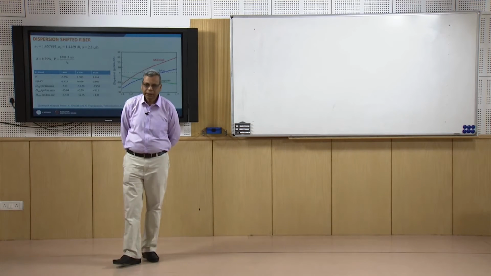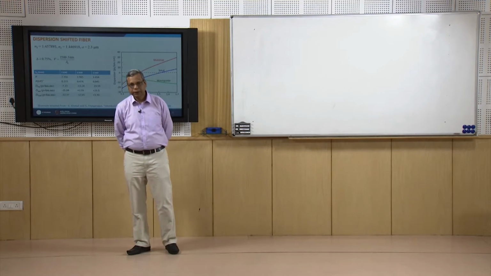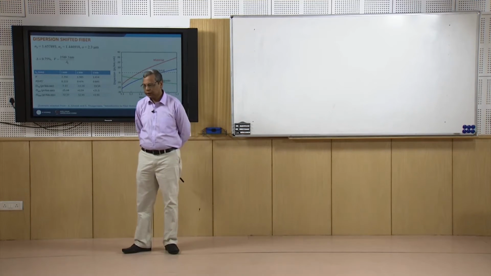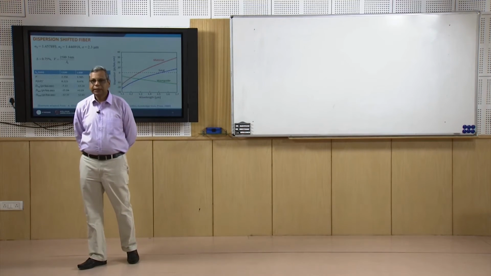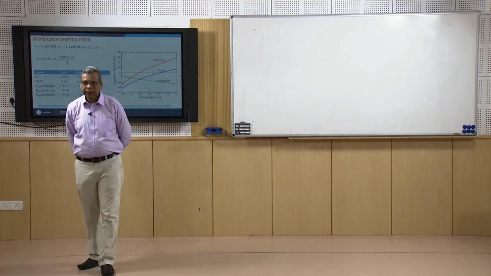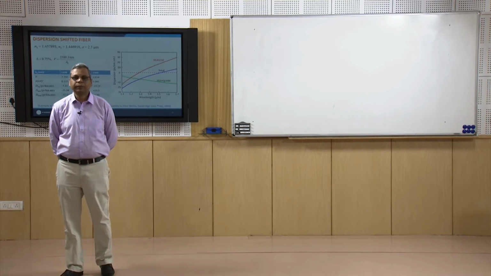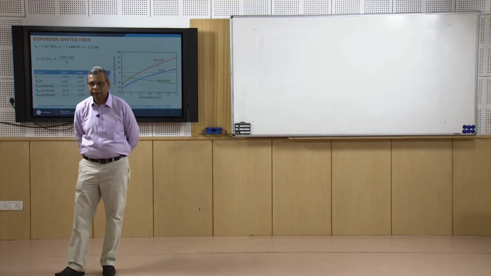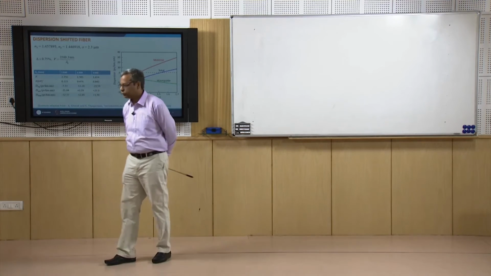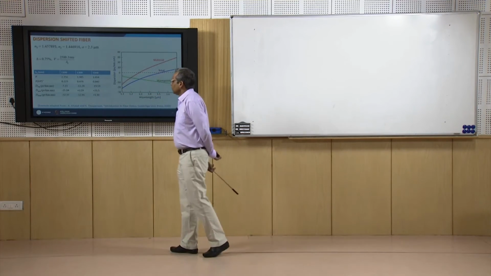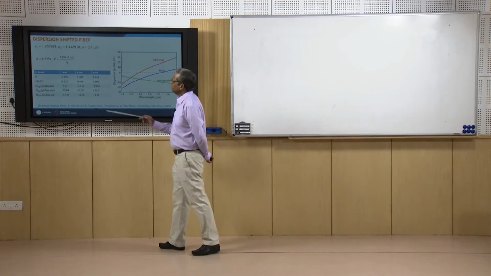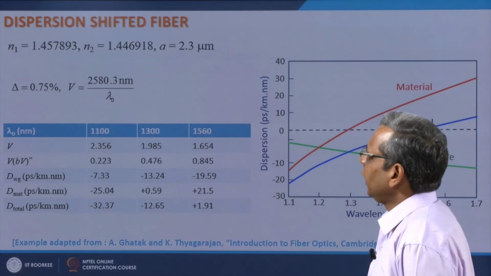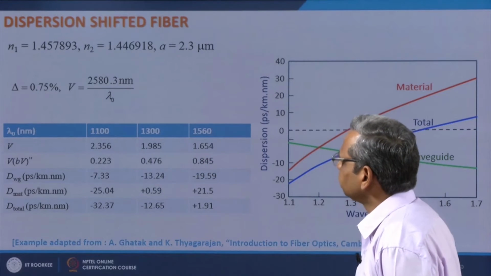I cannot do much with material dispersion; I cannot change the characteristics of the material. However, what is in my hands is to change the waveguiding properties of the fiber and change the waveguide dispersion, and hence the total dispersion. So, for that, if I make a fiber design something like this, where N1 is this and N2 is this,